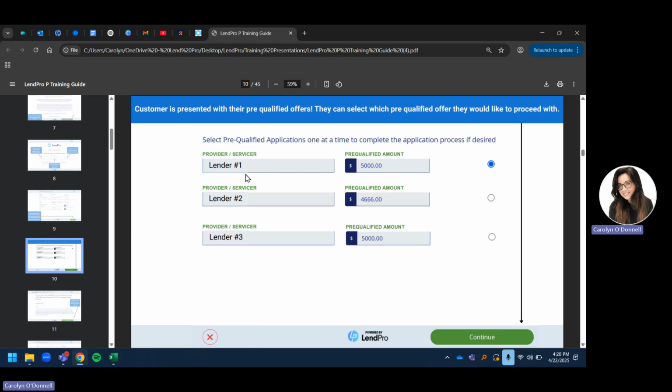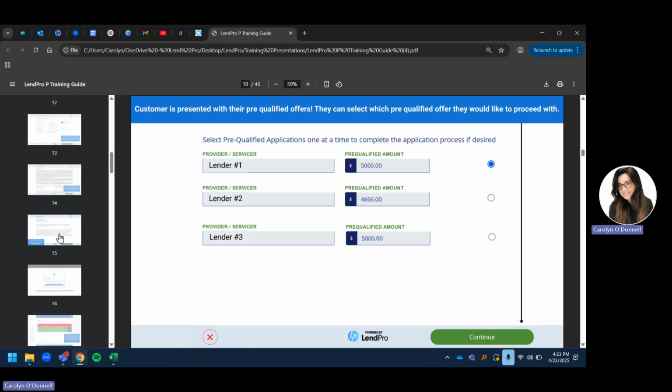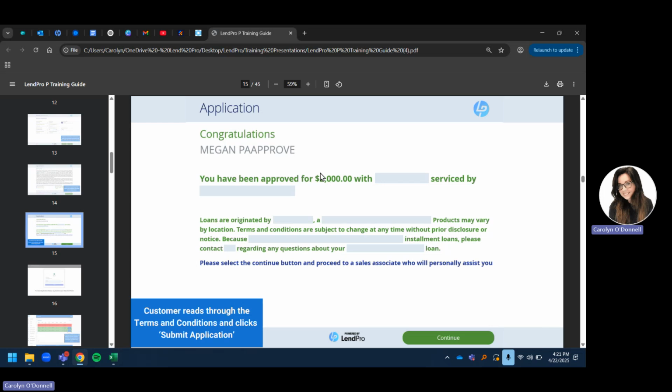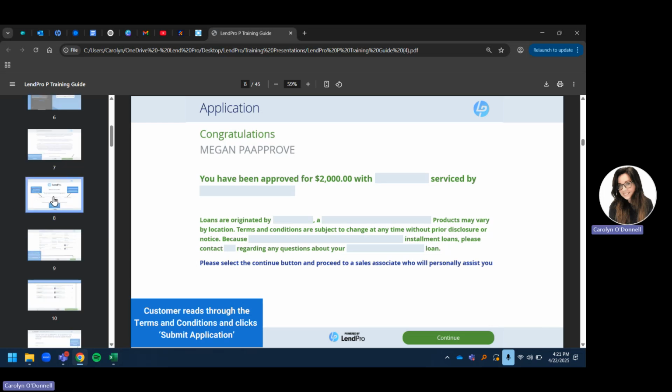So if they had other additional pre-qualified offers, make sure that they don't lose hope. They can continue on the other offers to see if they get fully approved there. Now, let's say that this customer is approved for $2,000. However, they need $3,000. If they need $3,000, once they click on continue, they will get rerouted to this screen